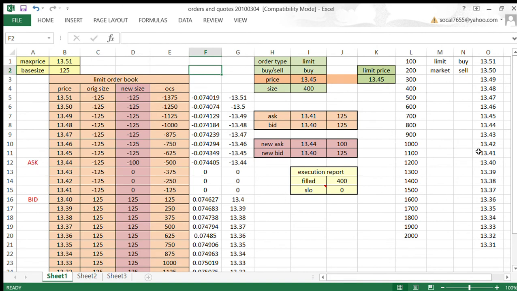Okay, so what I've shown you here is that a limit order to buy 400 shares will fill entirely, and we see what we get over here. We would actually pay different prices for different shares, and your execution report would give you an average price paid. It would be calculating an average of your purchases here, and that's how that works. So if you choose to use this to help you understand things, I suggest that you close the